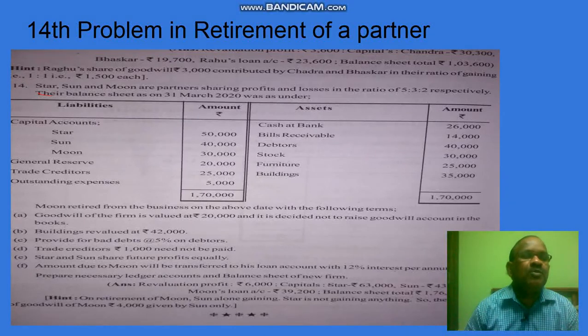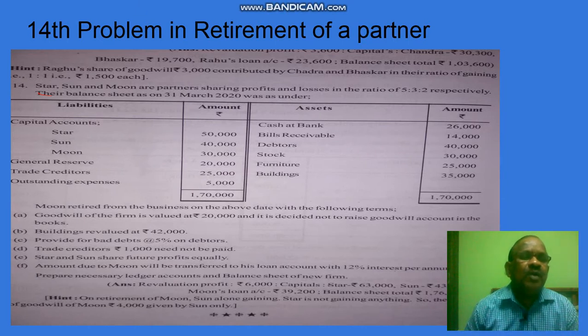Students, in this video I am going to discuss how to calculate the goodwill regarding the retiring partner and how to calculate the gaining ratio. Here in this chapter we are discussing two problems. One is how to create the goodwill, and second, the created goodwill will be written off by the continuing partners. In this problem we are not doing the above two. Here we calculate the retiring partner's goodwill, and that amount will be divided among the gaining partners.